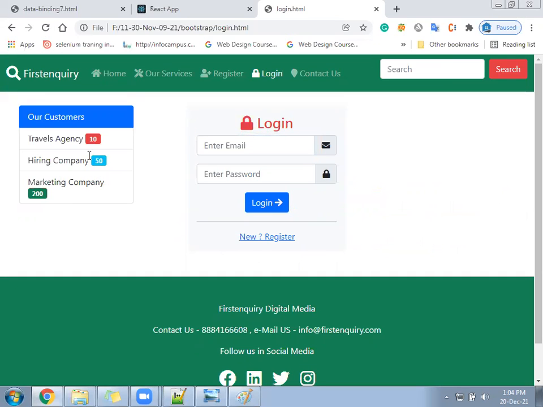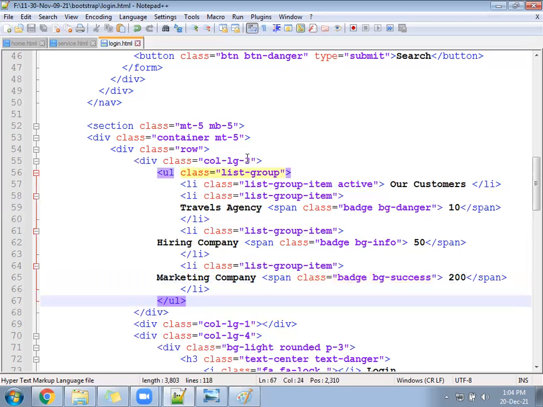Marketing company becomes a little big in size for me, going to the next line. Maybe I'll make it col-3 as a 4. It will increase the width a little for me.